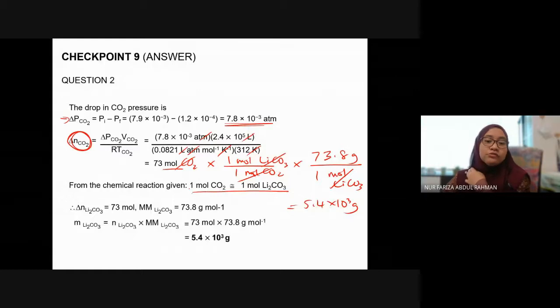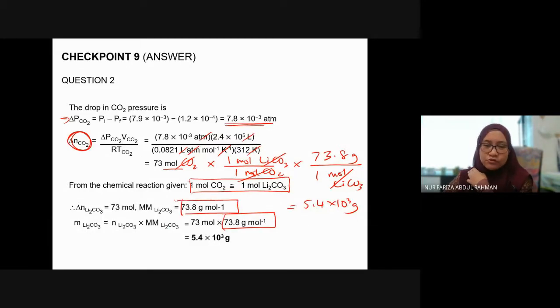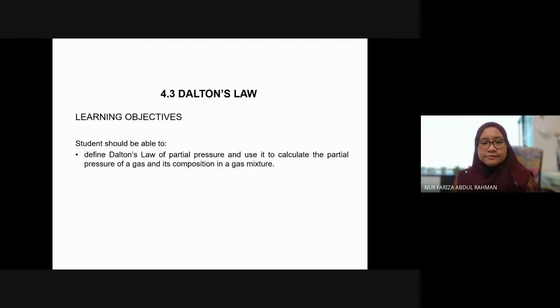Those who are using the conventional method, make sure that you have this. Don't just take 73 mole and multiply directly with the molar mass. Don't do that. You need to have this stoichiometry part. Even though it is a 1-to-1 ratio, you still have to show it. Otherwise, marks will be deducted there. Alright, so that is all for